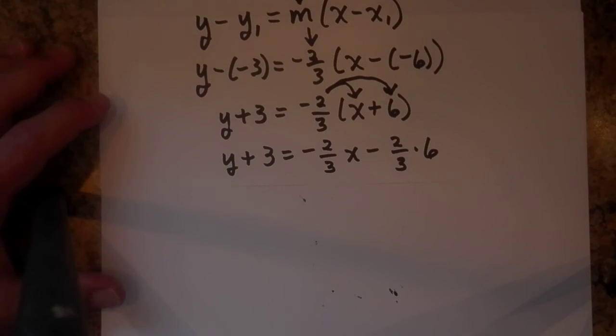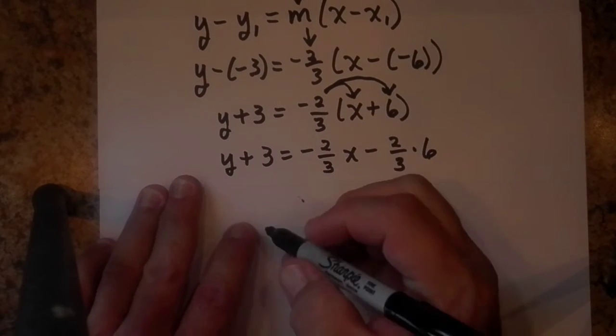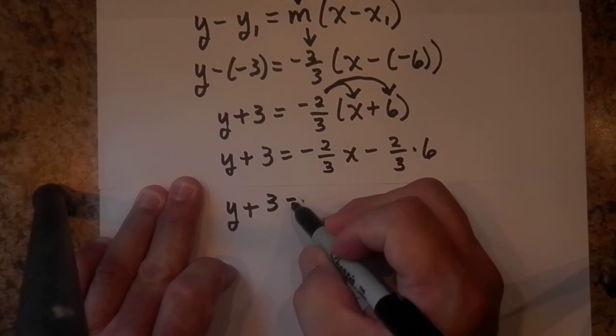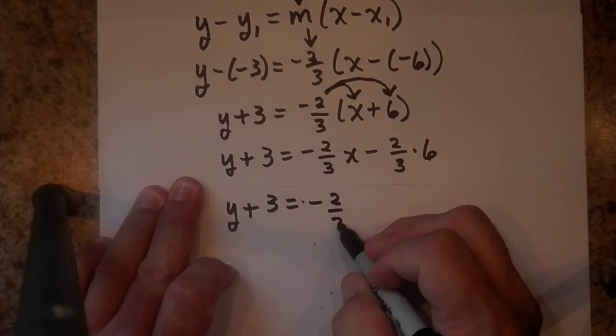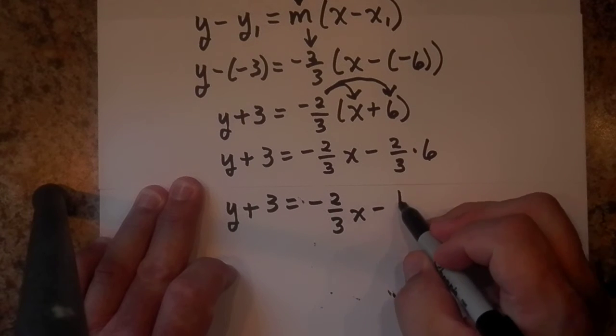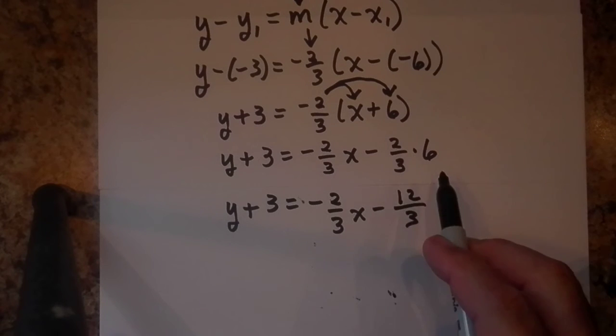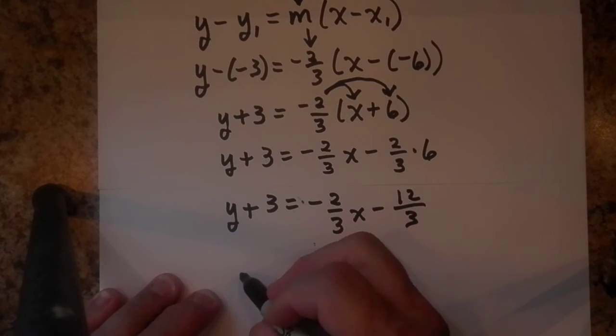Let's continue here. So let's simplify on the right side. y plus 3 equals -2/3 x minus 12/3. 2 times 6 is 12, and 12/3